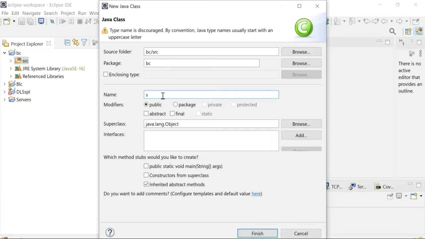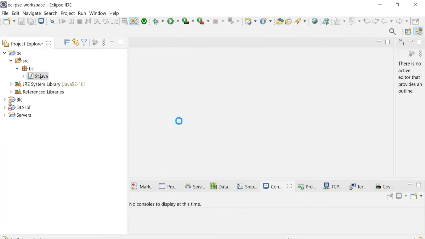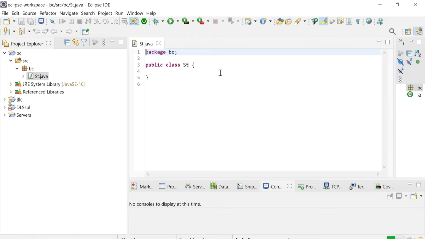I just create st. Alright, so that's a Java class, st. Finish. Now you can see the file is created, right? So again click on the BC,